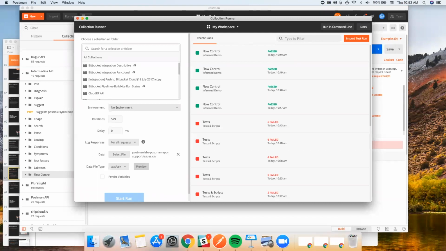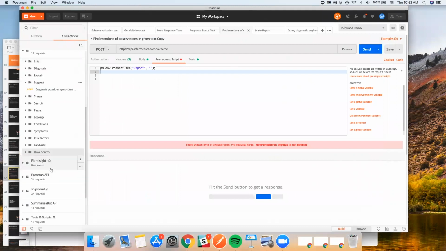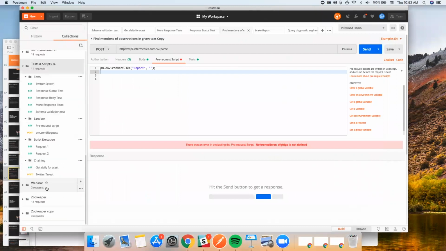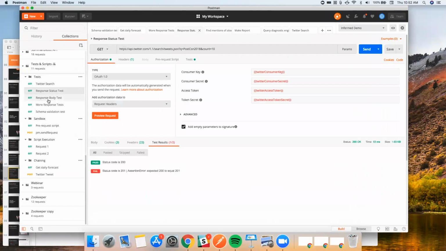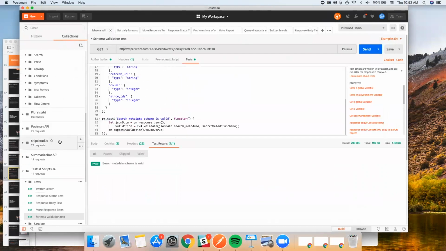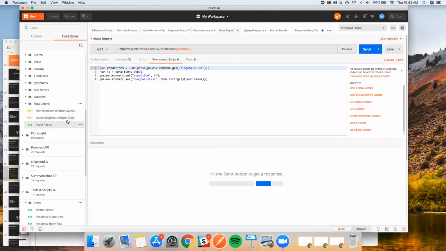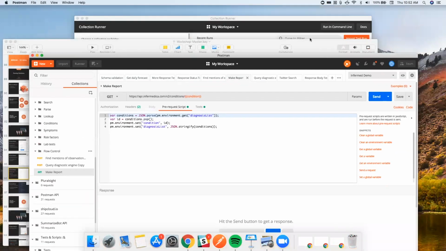So the difference between sequential and dynamic is interesting. As we saw before, when we were looking at these tests and scripts, where did that collection go? Here we are. When we look at the tests and scripts, we ran each one after the other, right? But as you saw, when we were doing this specific example, there are only 3 requests here. But when we look at our collection runner, there are,